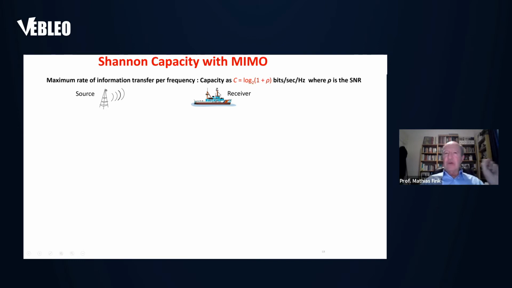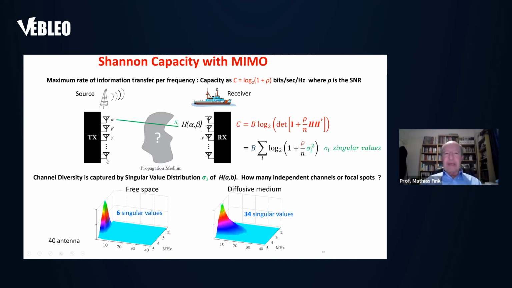Of course, the signal-to-noise ratio depends on the noise you have here and on the strength of the signal you receive. And this depends on diffraction of your wave. What is the level of the wave? Now, this formula can be generalized when you have many antennas that transmit, many that receive. This is called MIMO, multiple inputs, multiple outputs.